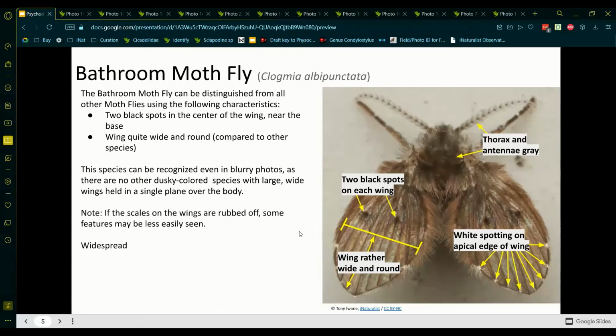Hi everyone. Today I'm going to show you how to identify Clogmia albipunctata, or the bathroom mothfly, from photos. This diagnosis works throughout the United States and Canada, and may also work in the rest of the world, although we're not sure. This family, Psychodidae, or the mothflies, is rather understudied throughout the world, and in this notes document